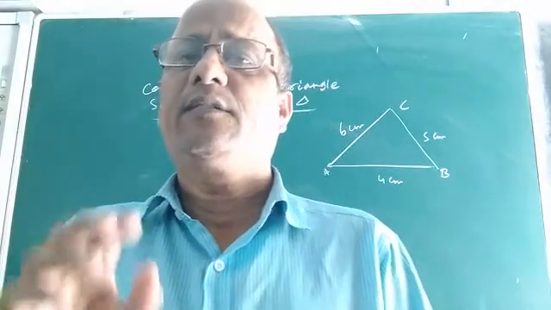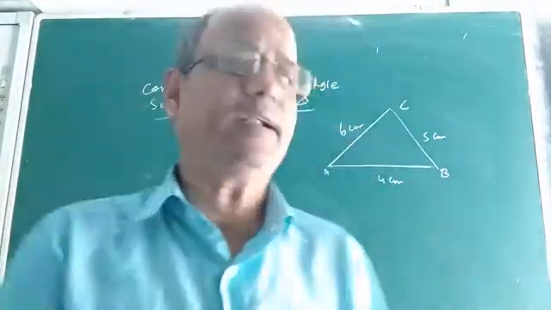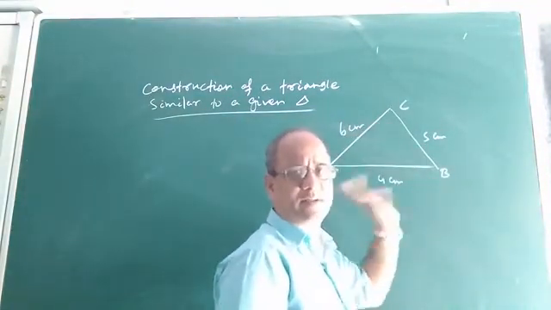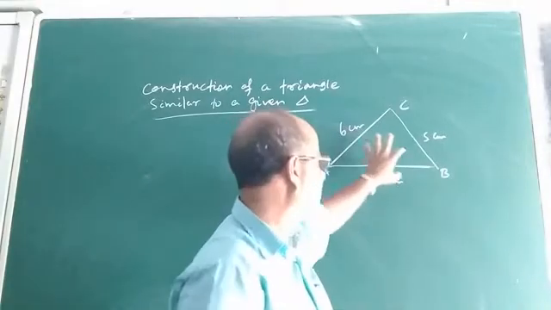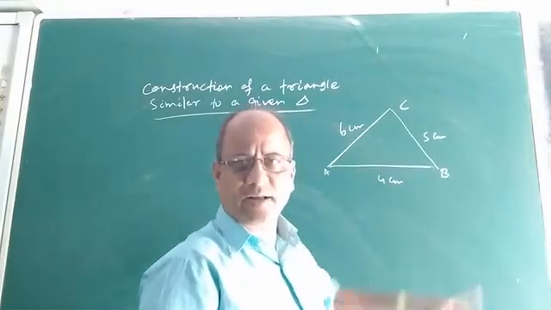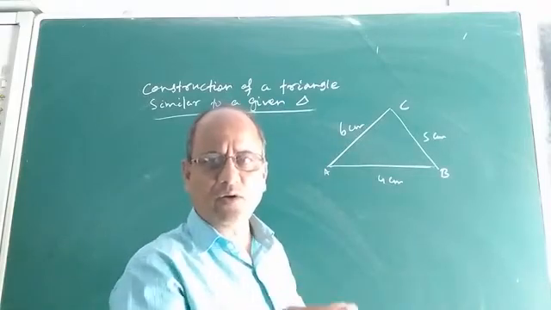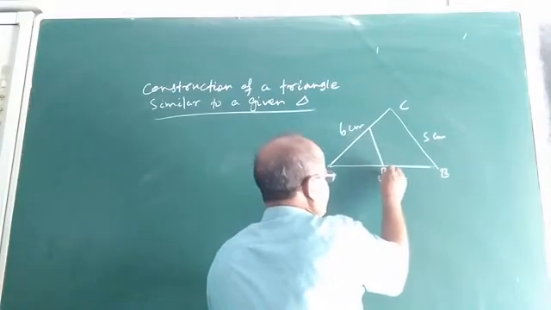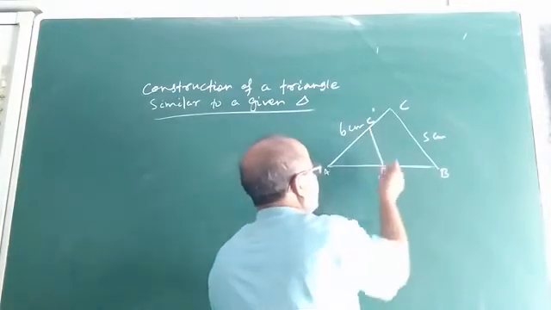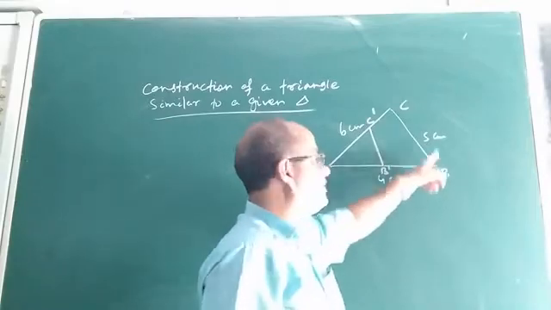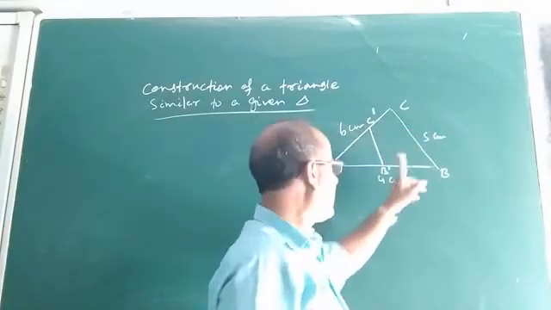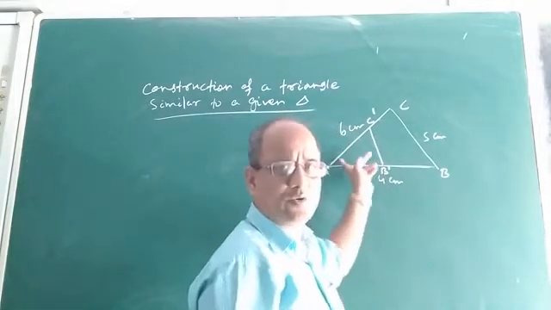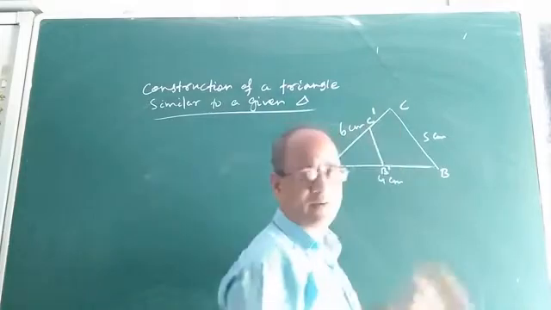See, suppose you are given a triangle ABC. This is the given triangle whose three measurements, I mean the measurements of the three sides, are given. Now after constructing this triangle with the given measurements, how will you construct another triangle? Suppose this point is B dash, this point is C dash. Now ABC is the given triangle. How will you construct another triangle, say A B dash C dash, which will be similar to the given triangle ABC?